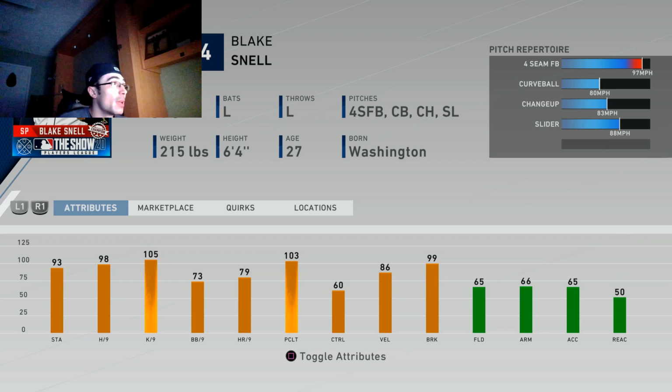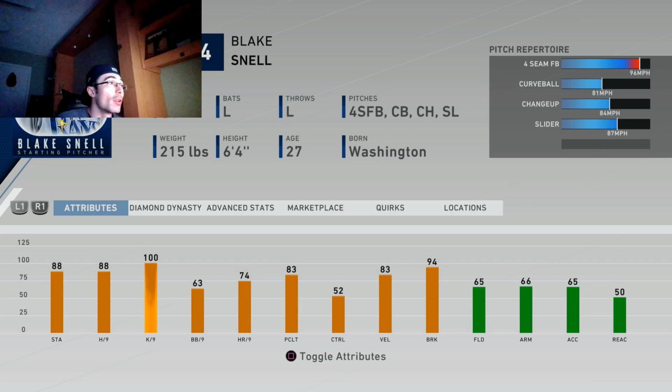93 stamina, that's going to be enough for the workhorse stamina quirk, or that threshold of 90 to earn that stamina quirk, which is important. It's not the unbreakable quirk, but it is going to help you in the middle of a game. 98 hits per 9, 105 Ks per 9, increased pitching clutch and control. With increased break, increased velocity,